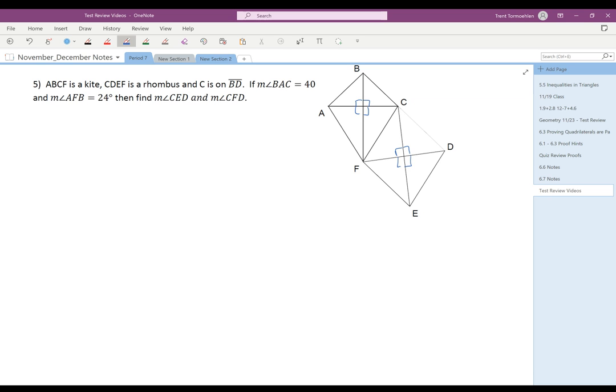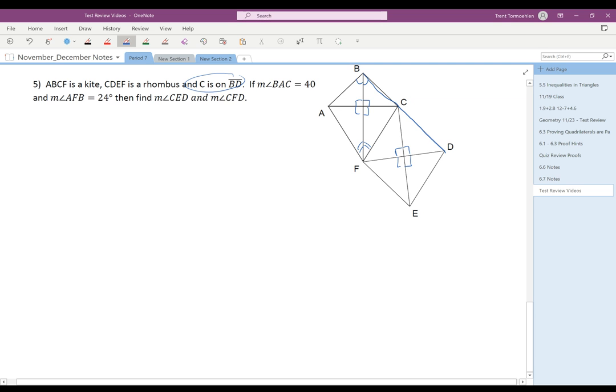Remember that the vertex diagonal is the angle bisector in a kite. So that means BF bisects angle ABC, and BF bisects angle AFC. In a rhombus, they're all angle bisectors. Both diagonals are angle bisectors. Finally, you're given that C is on BD, which means this is a straight line, which is going to be